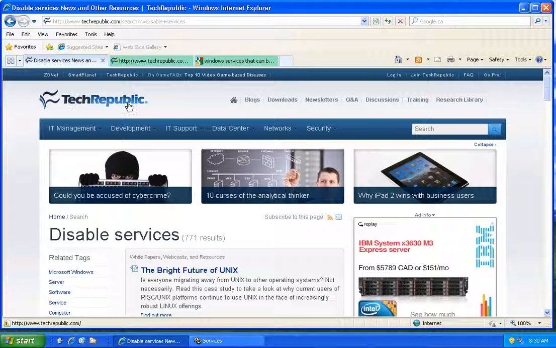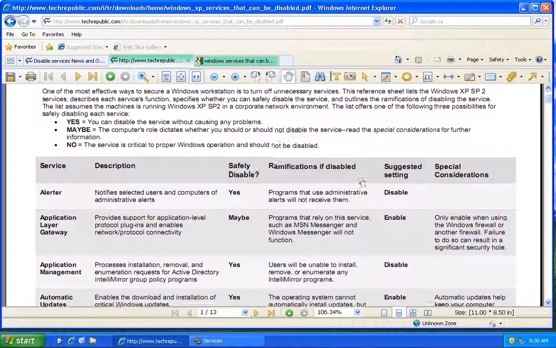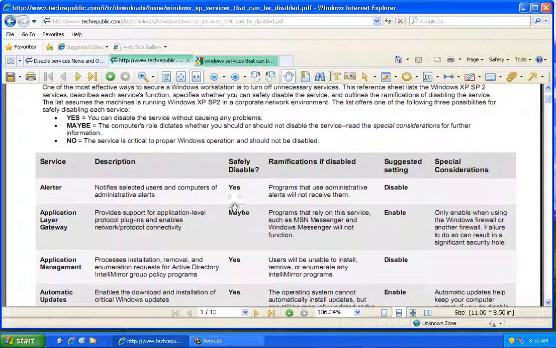Being here at Tech Republic, do a small search on disabled services and you will find documentation for that particular program that you want, Windows XP. The information and guide provided here is at your own risk and for your own purposes, but for the most part I've seen that when you follow the entire list and you actually disable or enable the services as they mention, you will have a really